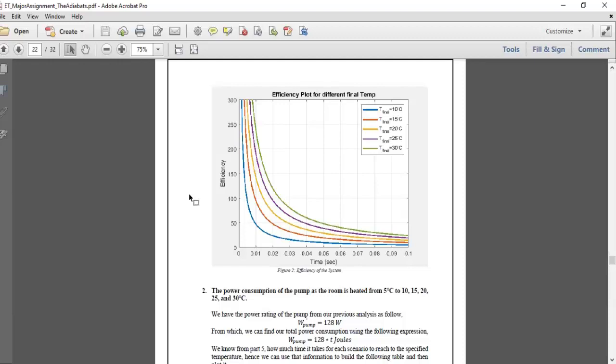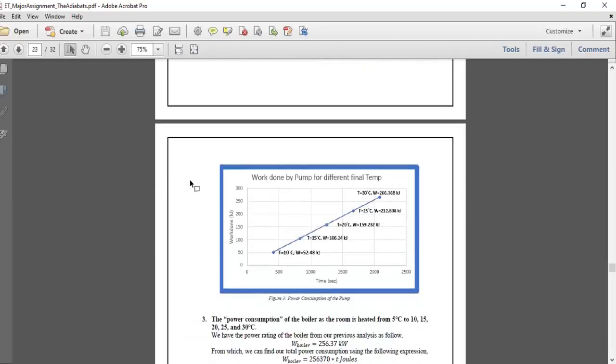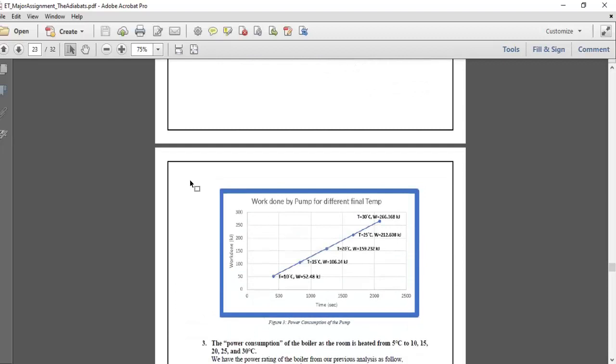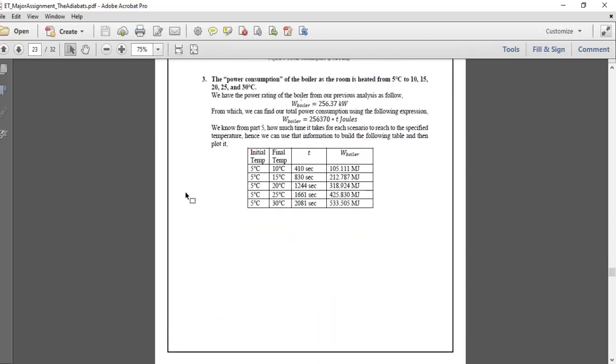So our next graph was for power consumption for pump for raising the temperature of room to different values, for which we needed to first calculate the time to raise the temperature to a certain value, the analysis of which is discussed later. But for now, once we had the time for each case, we simply multiplied the respective values of pump work rate that we found previously, and then we found the different values for power consumption as can be seen in the table. Next, we plotted a graph from this table. Similarly, we repeated the whole procedure for the boiler with only difference of work rate equation and plotted a graph as it can be seen.